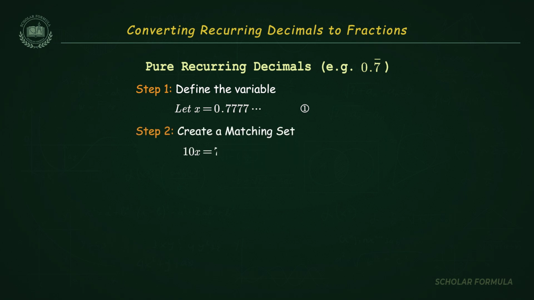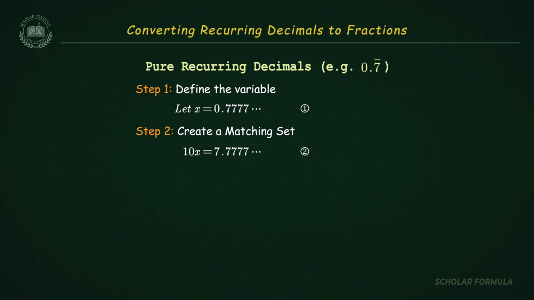Since one digit repeats, we multiply both sides by 10. The goal here is to shift the decimal point so that we have a second equation with the exact same repeating tail. You might wonder, could we multiply by 100 or 1000 instead? Well, as long as the repeating parts align, they will still cancel out, and the final result will be exactly